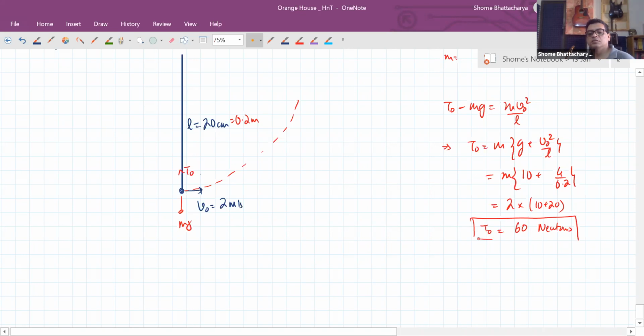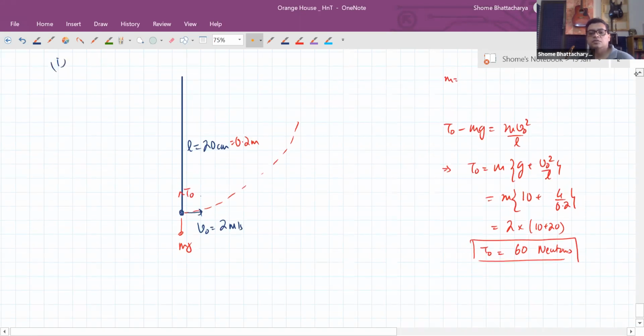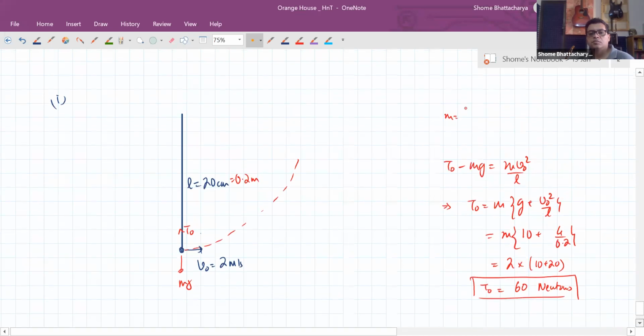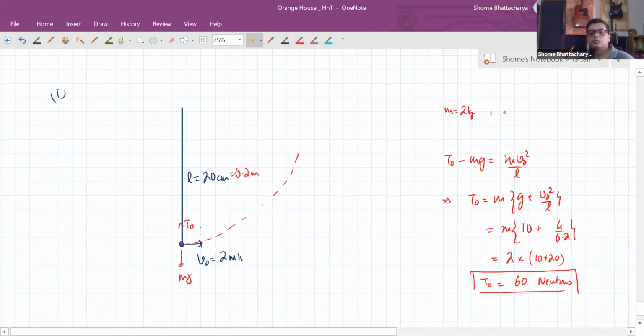This will be the tension. This is the dynamics of the circular motion. Whereas we'll also see that if the particle is somewhere here, where this angle is theta, okay, so if it stops at this position and this height is h,